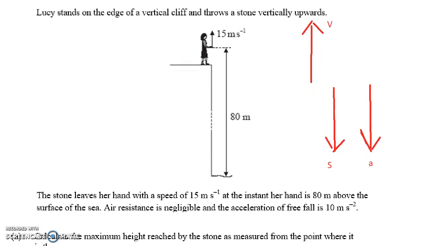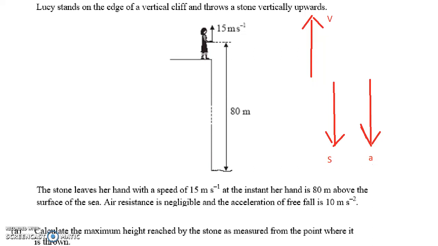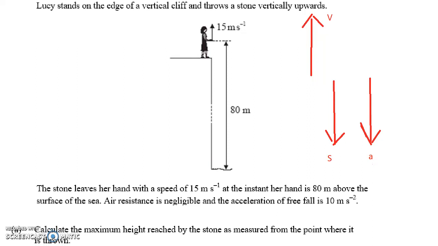The first part of the question gives you some information about the speed of the stone. It clearly says she's throwing it upwards, not downwards, and gives the height above the ground. It also gives you the acceleration of free fall as 10, so that's nice and easy. The first part of the question is: calculate the maximum height reached by the stone as measured from the point